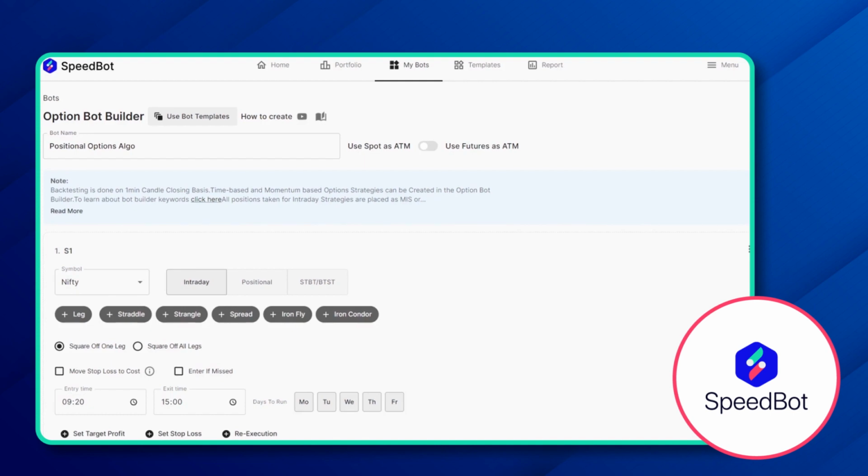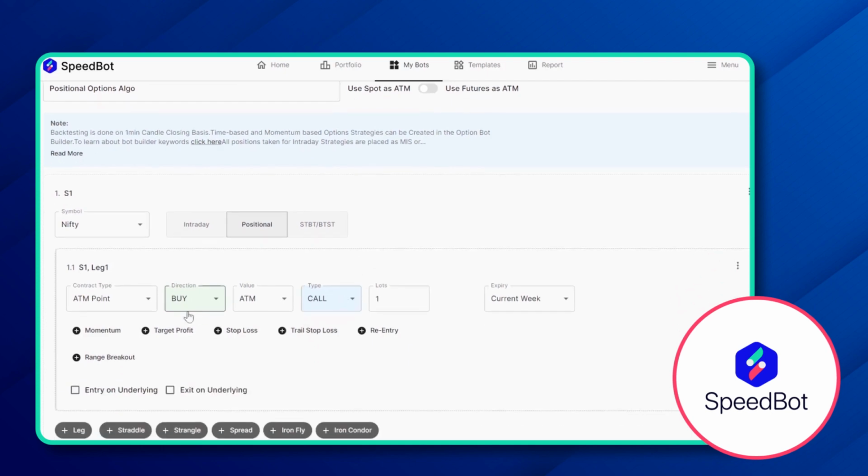So in order to do that, firstly, we'll be logging into the SpeedBot account and navigating to our options bot builder. So over here, I've kept the name as positional options algo. The underlying symbol that we'll be using is of Nifty. And instead of intraday, we'll be selecting the option as positional. Let's say if I'm going long, that is I'm buying an ATM call option,